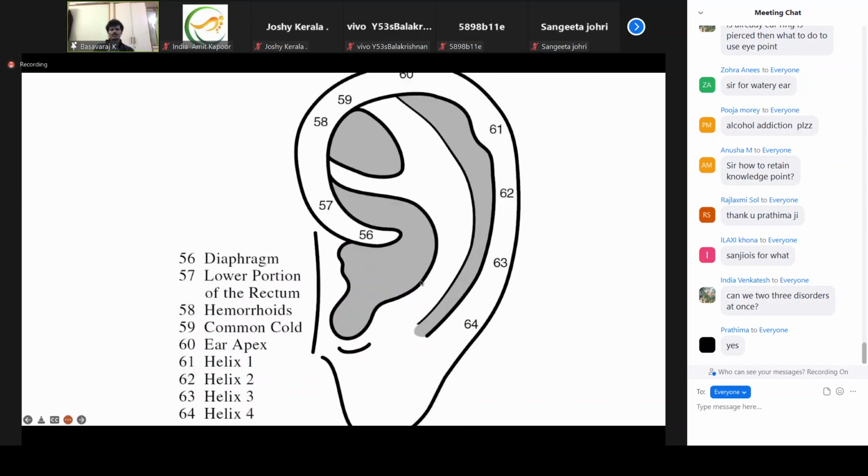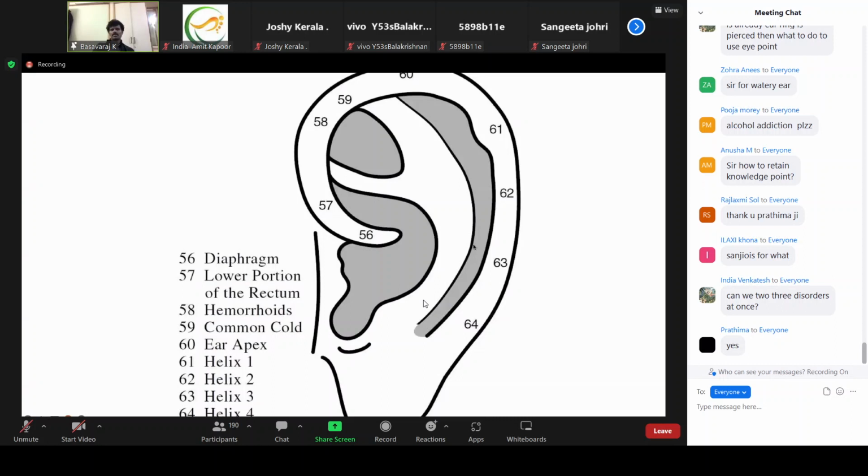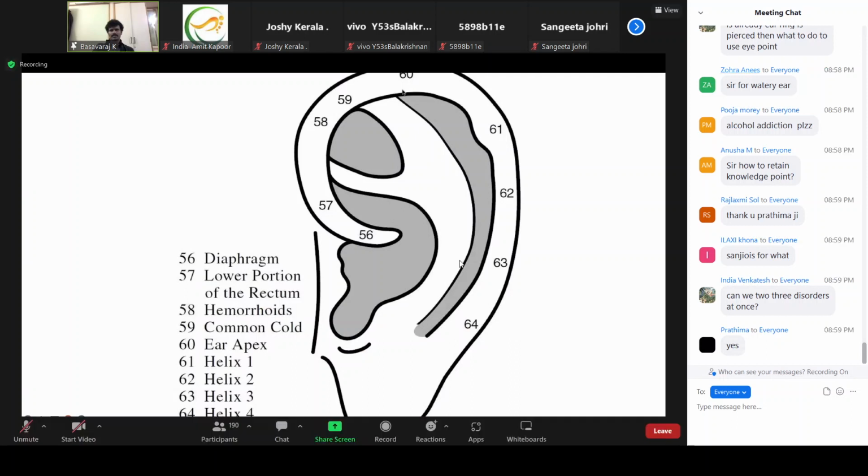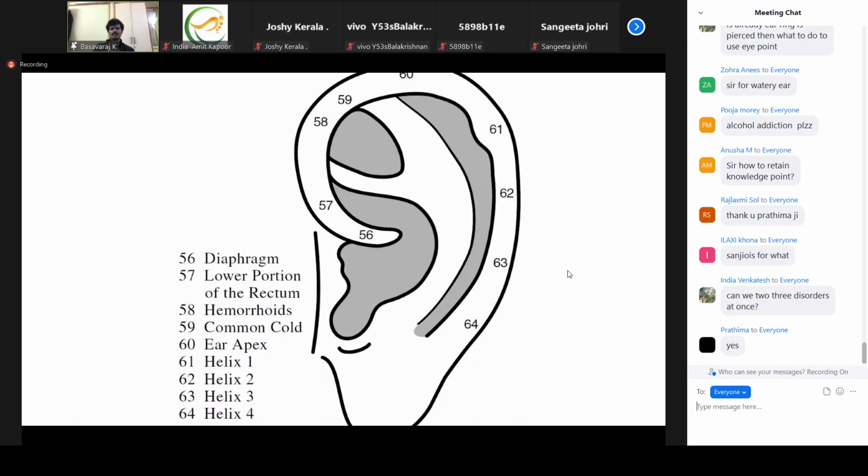So one more is the helix, the outermost ear part, and it is quite often used for allergy-related issues. That is point 60. It is also called helix 7. So this point you are using for allergy, and point number 58 we are using for constipation and